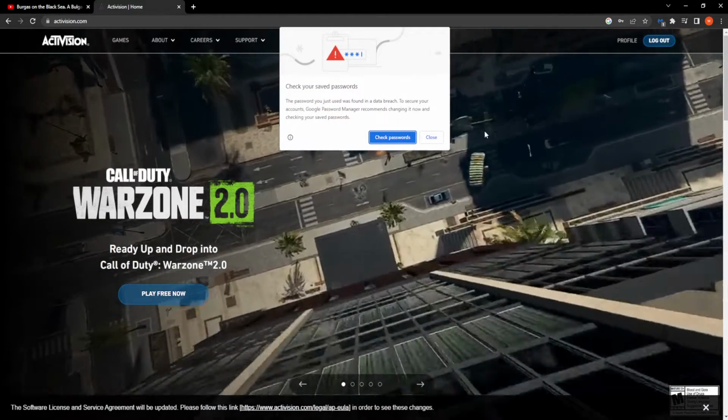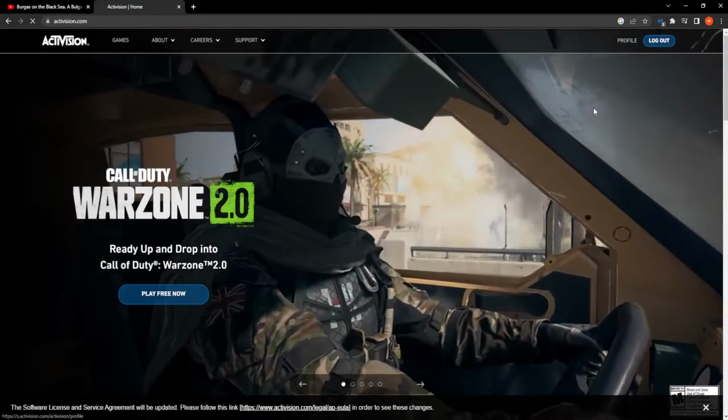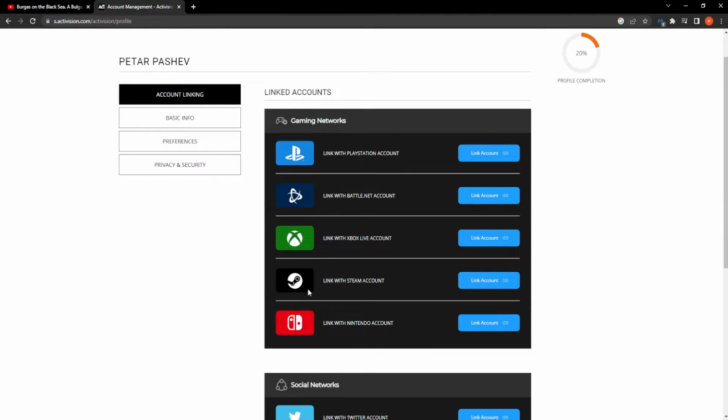Okay, so after we have been logged in, all we have to do is click on profile, and the first page it's going to take us to is the account linking page. So from here, as you can see, the second to last option is Steam, and all we have to do is click on link with Steam account, and then it will ask you to log in with Steam. I'm not going to do all that, but it's going to ask you to log in with Steam, and then all